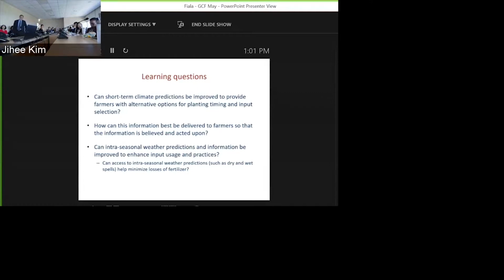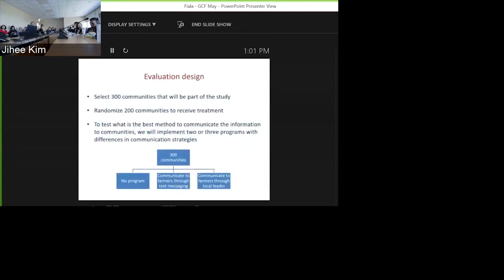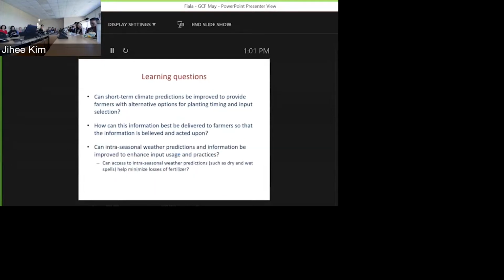So maybe nobody wants to take it up in this group and people only take it up in this one. But let's say that some people take it up here and some people take it up here. We can then start to understand, do they actually use this information to change the way that they farm? And does that actually change crop yields for them? Does it reduce the likelihood that they plant and then lose all their crops because of some unforeseen weather? There are a lot of household welfare implications that could be had here.